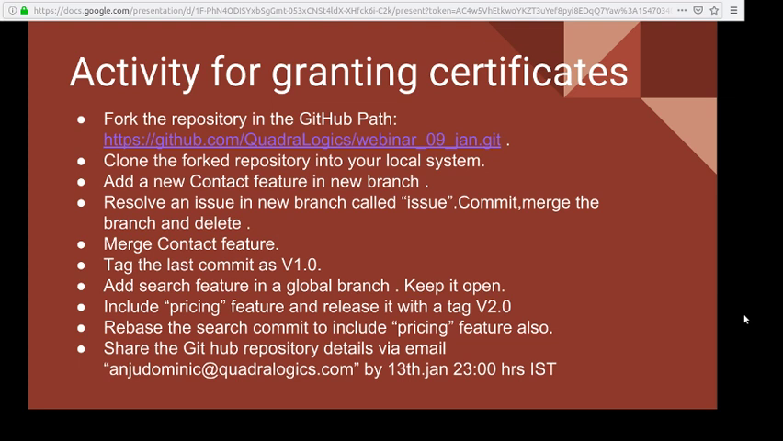Then add a search feature, make it a global branch. Then add a new feature called pricing. Release the version of the code with the name 2.0. And then rebase the search commit to include the pricing feature also. And after doing this, you can share the GitHub repository details with me via email